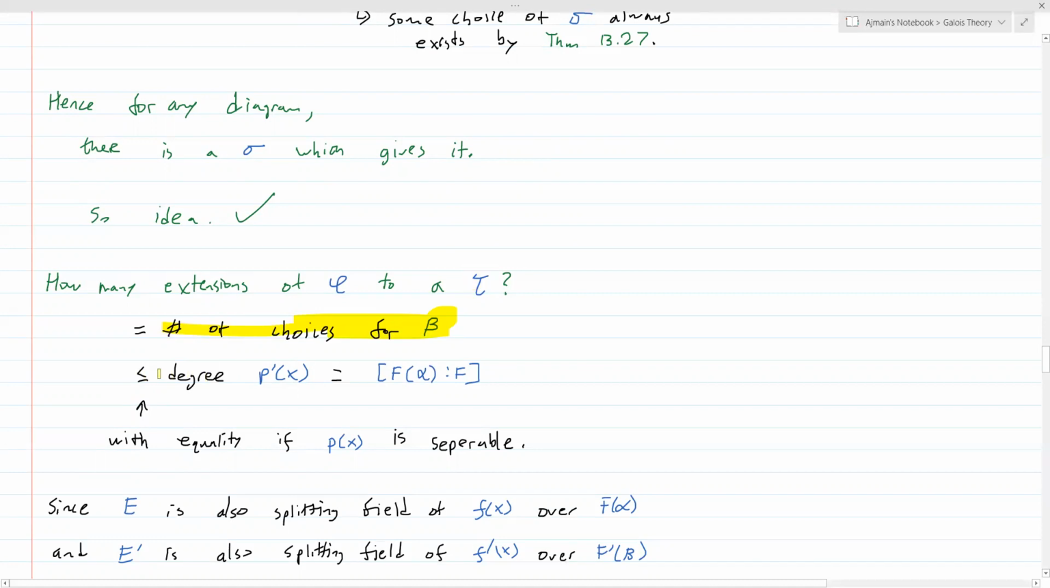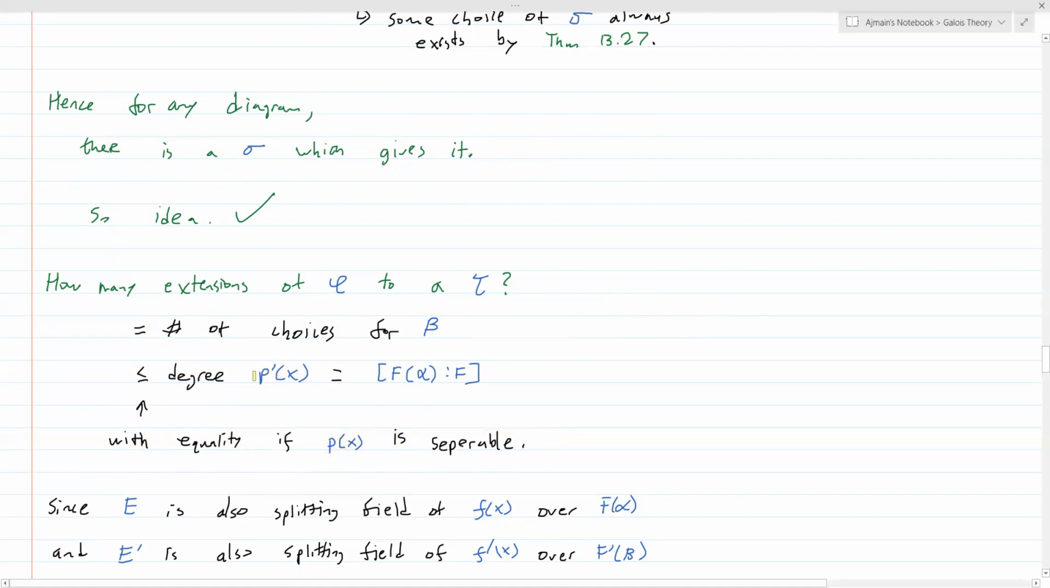And then this is less than or equal to the degree of p prime of x. Why is that? Because each beta is a root of p prime of x. And how many roots do you have of p prime of x? Well, you have less than or equal to the degree of p prime of x, right? If you had more roots than the degree of p prime of x, then p prime of x would actually have degree greater than what it actually has, because then you could write it as a product of monomials, and then the degree would be greater. So the number of roots is less than the degree of p prime of x, but when p of x is separable, this is equal,